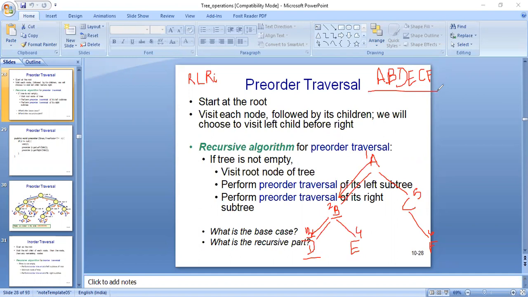So this is the pre-order of this particular tree. So any issue with this you can ask.